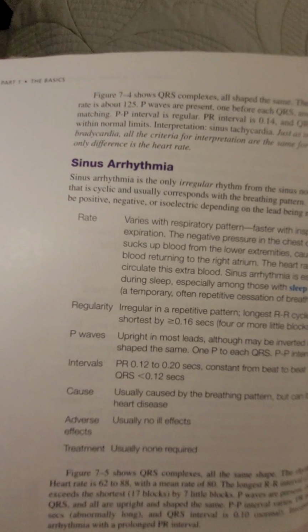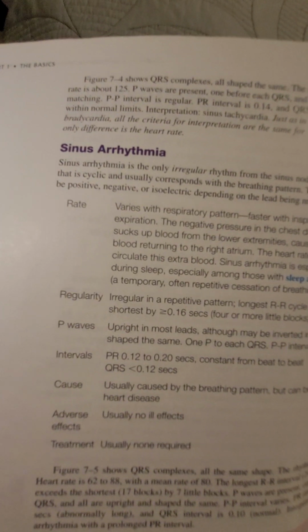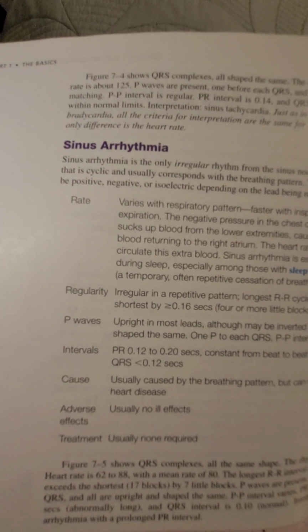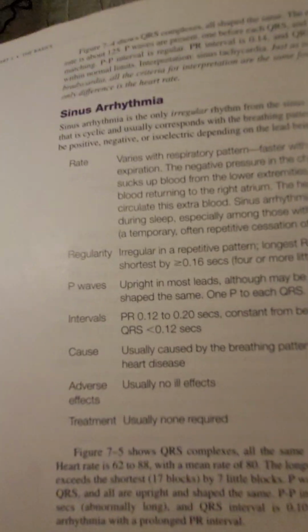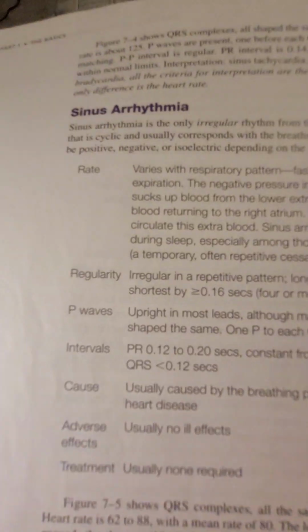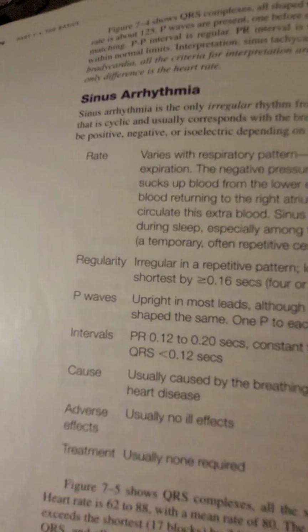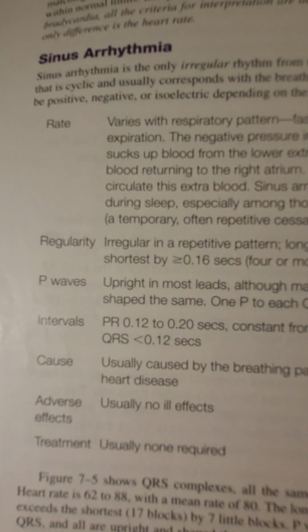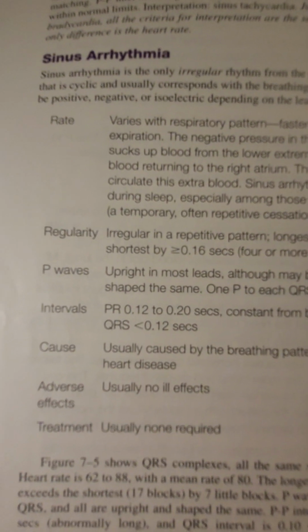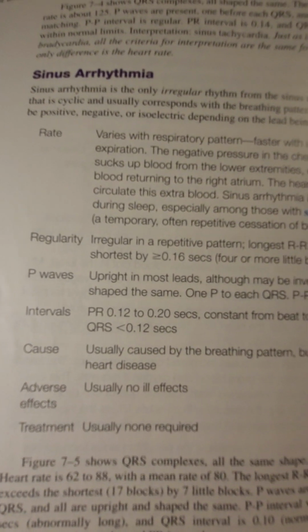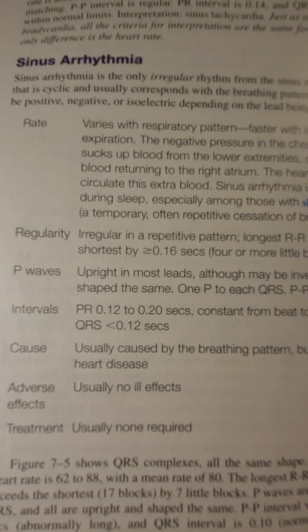The QRS complex can be positive, negative, or isoelectric depending on the lead being monitored. So the rate varies. It could be low, it could be high. It says it varies with the respiratory pattern. Faster with